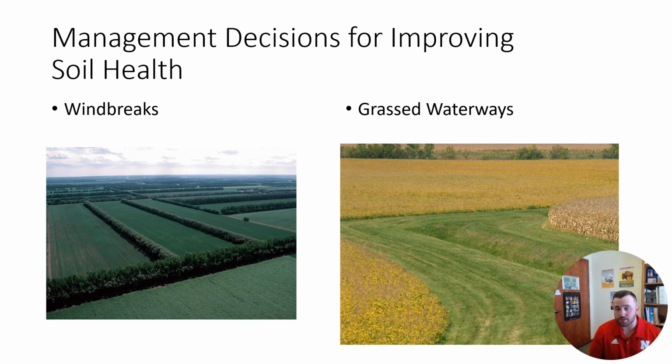Grassing our waterways is a practice used to not only slow the downhill runoff or rill erosion from rain events, but also to help trap pesticide runoff or fertilizer runoff from fields in order to keep the waterway cleaner. In areas where we have a lot of agriculture occurring, we also tend to see a lot of polluted waterways due to runoff from